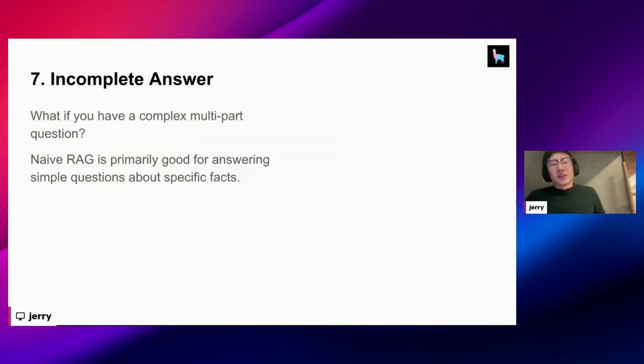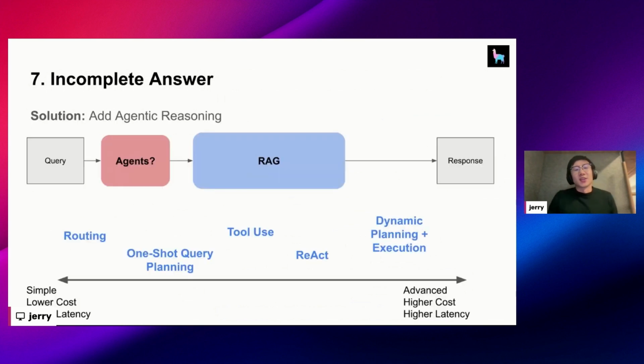And the last bit before I go to the concluding section is just the incomplete answer. So what if you have a complex multi-part question? Naive RAG is primarily good for answering simple questions about specific facts, but sometimes you ask a question and it's a multi-part thing, and top-K RAG gives you back some context, but really not all of it to answer the question. This is an entire talk on its own, but this really goes into what's beyond naive RAG, basic RAG approaches, towards adding more agentic reasoning to break down complex questions into smaller ones, solve longer-running tasks, more vague research problems, and how you compose that on top of a RAG pipeline to give you back a response. So everything from a ReAct loop, like some sort of query planning and execution,